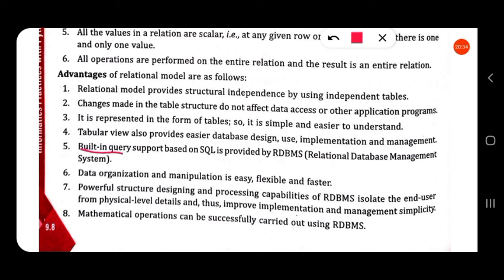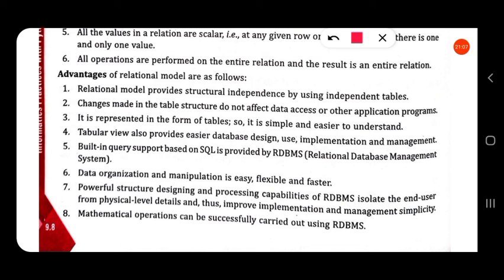Then built-in query support based on SQL is provided by the Relational Database Management System. Then data organization and manipulation is easy, flexible and faster. Then powerful structure designing and processing capabilities of RDBMS isolate the end user from physical level details and thus improve implementation and management simplicity.